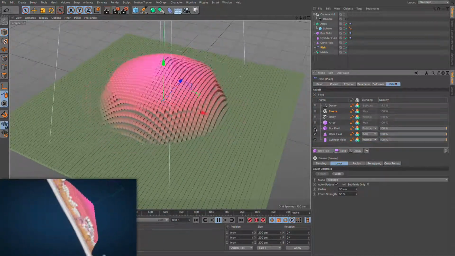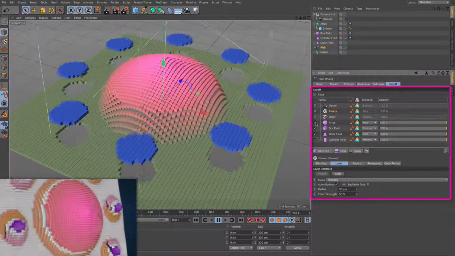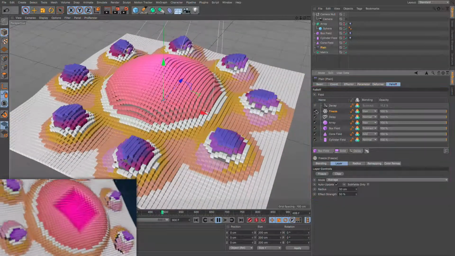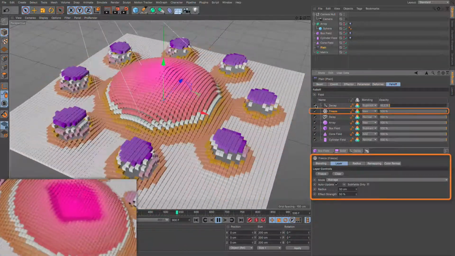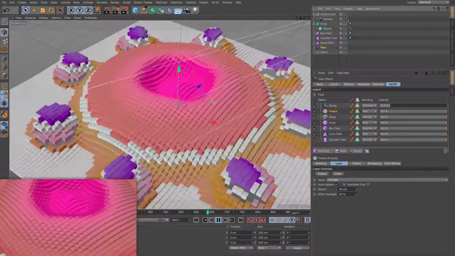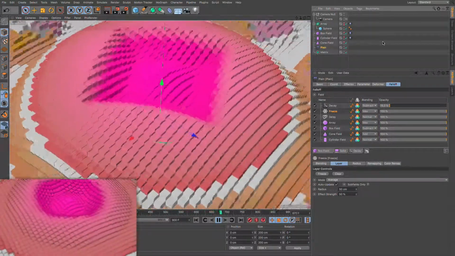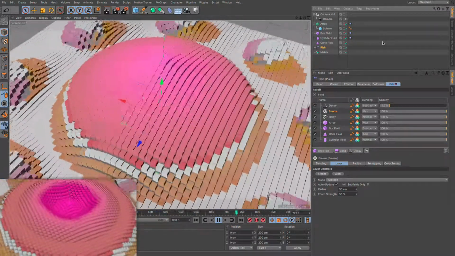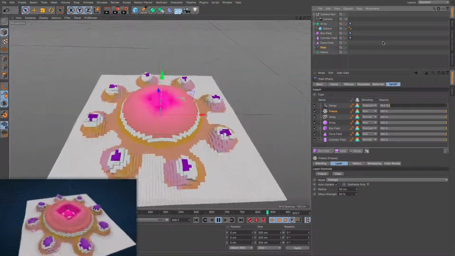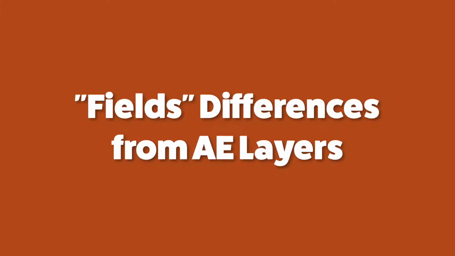To compose these fields, we use the field list, which is an interface similar to the After Effects layer stack. Each field has its own parameters and a blending mode, just like an After Effects layer. We can manipulate each field using our own effects and scripts, the equivalent of expressions, and we can even use our effects in a very similar fashion to our familiar adjustment layers. There are many other similarities which we will see in the upcoming videos, but now I want to focus on